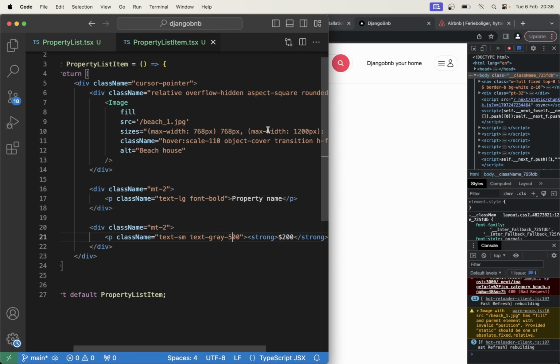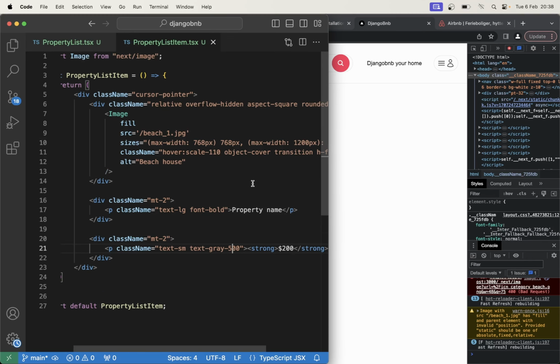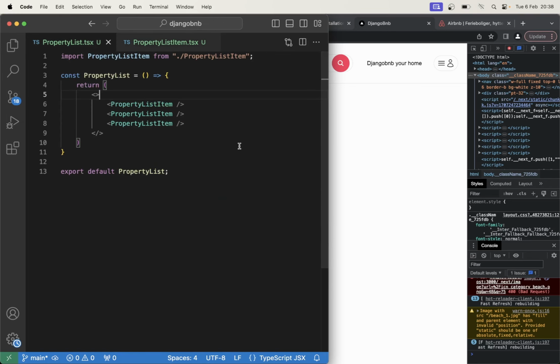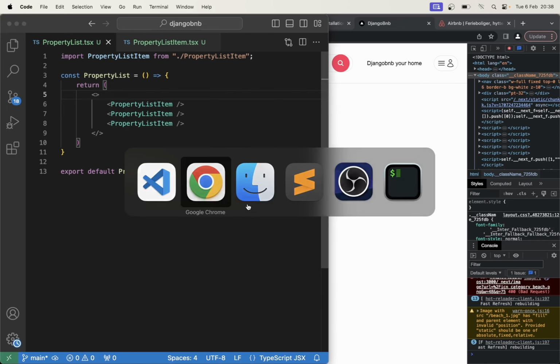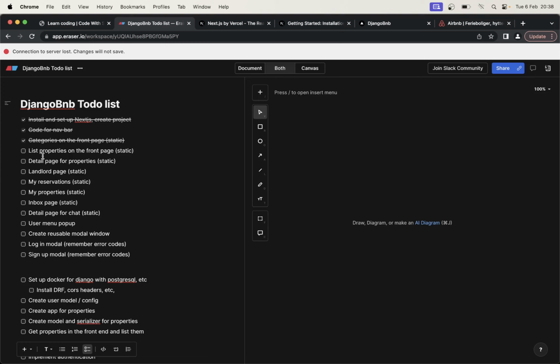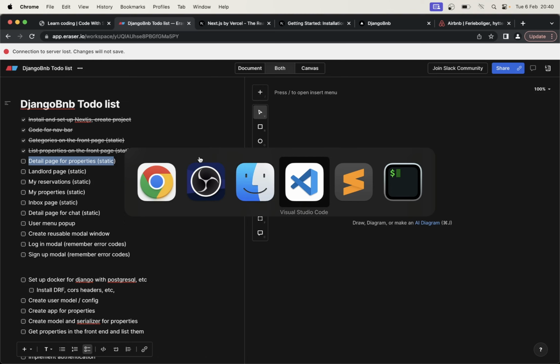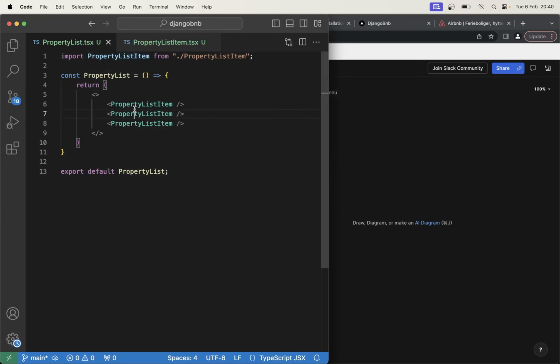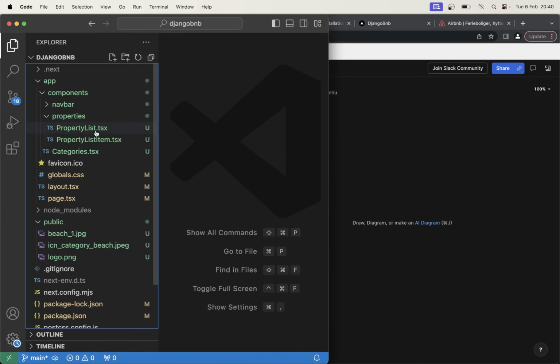Okay, so now we have a simple component for this. Everything here is still hard coded, but we will make it dynamic later in this course. So I think I can just go to the to-do list and set this task as well to done. Okay, so next step then is to set up the detail page for a property. So we can begin by creating the page. So close these two, and then